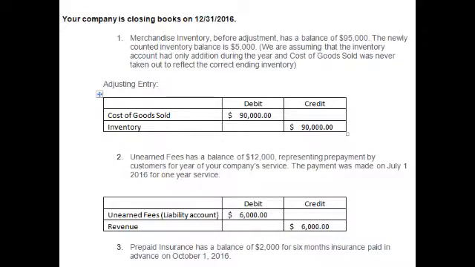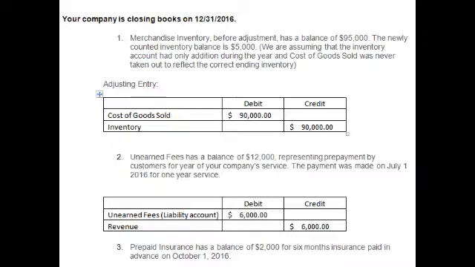Hi, I just wanted to go over some of the examples that are very similar to the journal entries you are required to do for week 7's homework assignment. So we are making adjusting entries. Your company is now ready to close the books, and as of the end of the year, we are making some